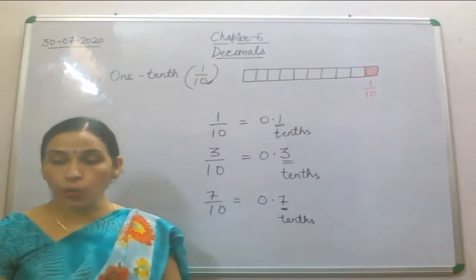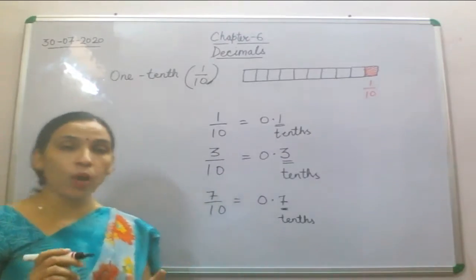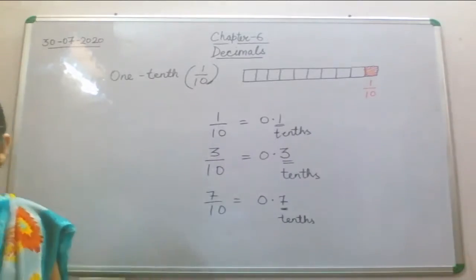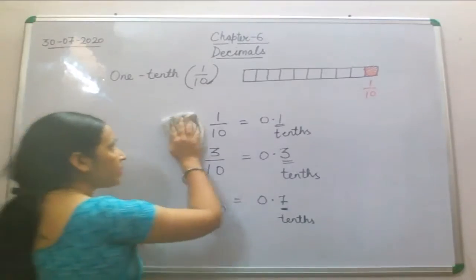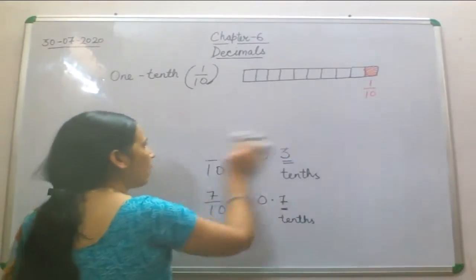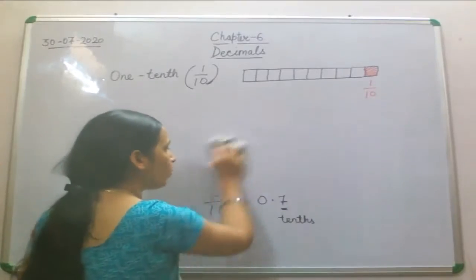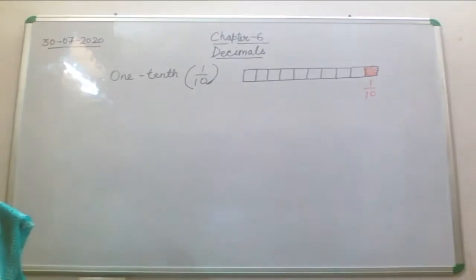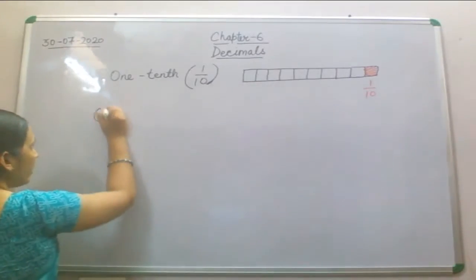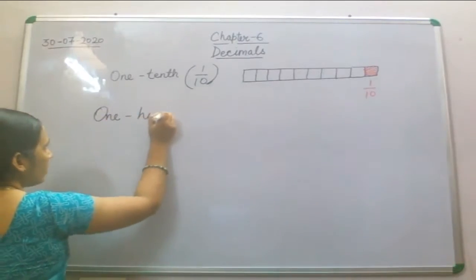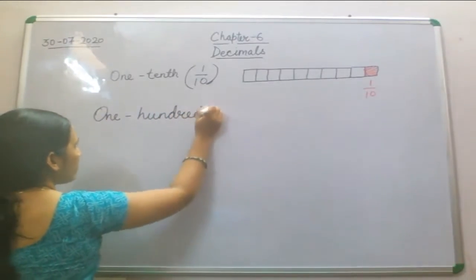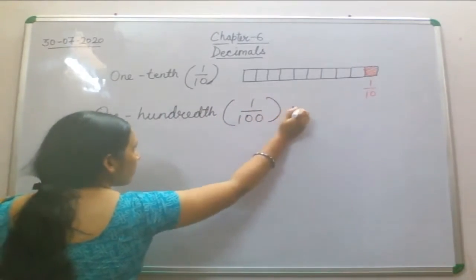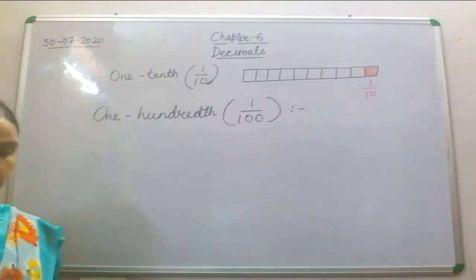Now let's find it out. 1/100th of a unit. Now I hope this 1/10th will be clear to everyone. So I am not going to erase it, that will stay written. I'll erase only the examples and then I am writing 1/100th of that part. So find it out. 1/100th. Now what do you mean by this 1/100th?